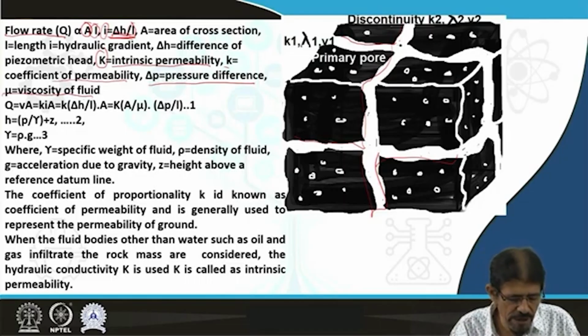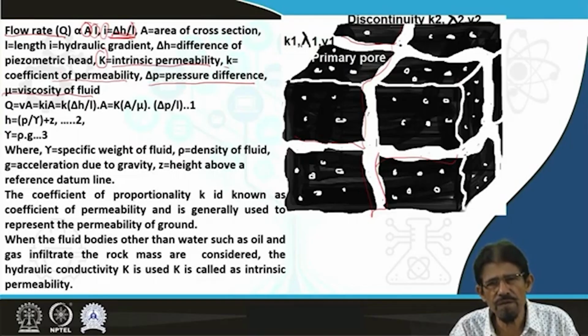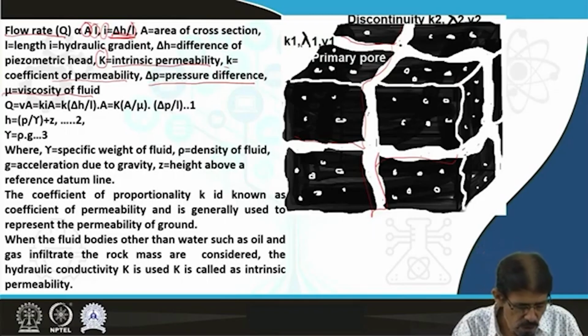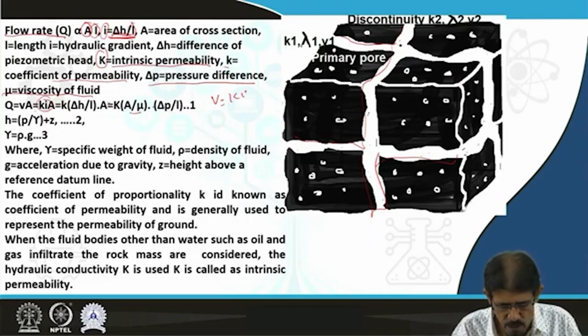Then we can change the general principle which we utilize in the case of water flow. Q is equal to V into A, and V can be converted: V is equal to Ki, so replaced by Ki, and finally we get K A by mu into delta P by L,